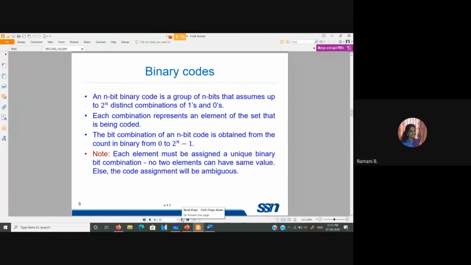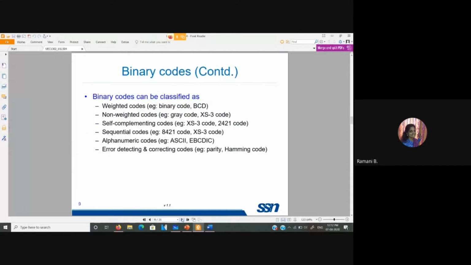This is just the intro with respect to binary codes. Basically, with binary codes, you will be coming across different terms. You need not worry much about what they are, but we will see them. However, these things come into play if you are going to prepare for GATE exams; all of this might be required. These basic papers will be required if you are going to prepare for higher studies using GATE and similar exams. So for that purpose, I have given these things.